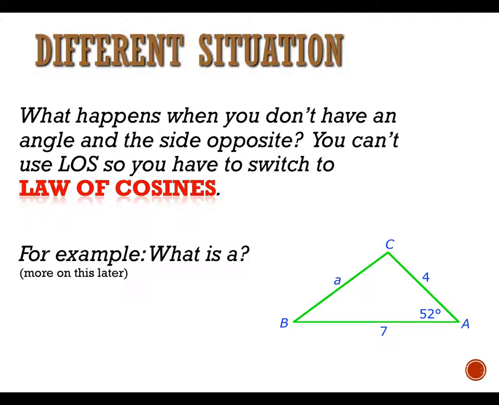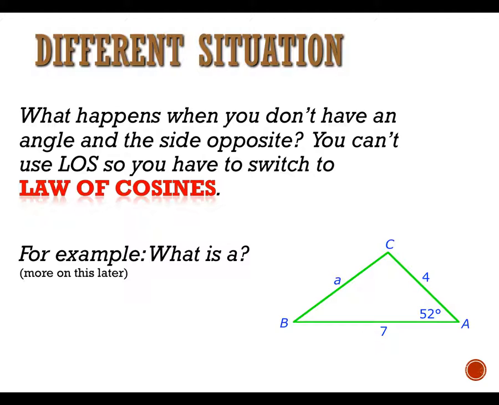Ooh, now law of cosines. This will be fun. Okay, law of cosines. Why would we have law of cosines? What happens, as it says up there, when you don't have that relationship of a side and the angle opposite? That's going to portray itself in a couple different scenarios, which I'll outline in a second. Then you've got to switch to law of cosines. This is a much nastier calculation, but the nice thing about it is you only have to do it once